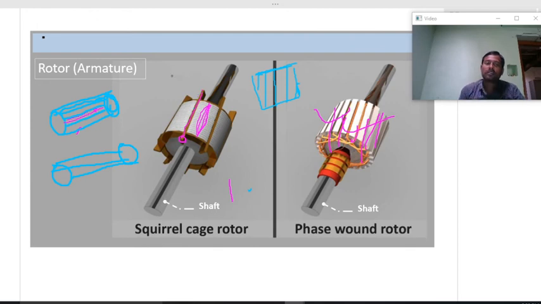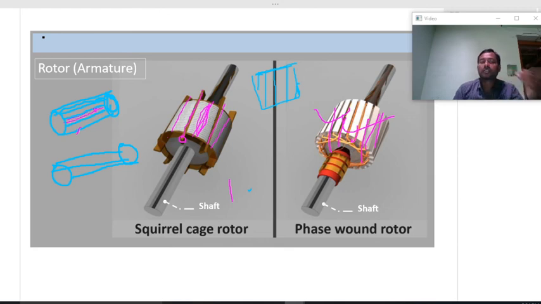So if it is parallel to each other, what will happen? The flux links here and then here, the slot area, and also this laminated area, and then one by one the flux links in a sequence. In that process, if the flux links with the copper bars, it will move fast and the torque will be more. If the flux links with the laminated rotor core, the torque movement will be less. So because of that, some vibrations will take place.